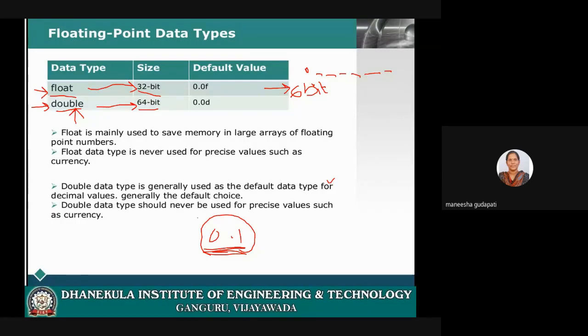If you are using any decimal value constants in your program, those values will be considered as double type. And here we don't have any fixed precision, whereas in float we have some fixed precision, that means 6 values.